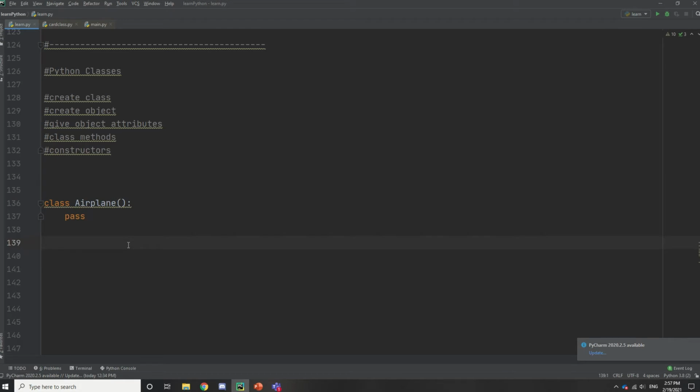We'll give the airplane some attributes. So airplanes have, I guess you would say, a model name, like a model designation, right? Like a Boeing 737 or Airbus A330 or something. So we can give this is not inside the class declaration, but this is just showing that